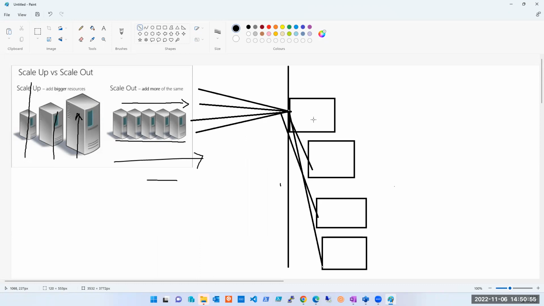Now the next question arises: how do you make sure that the data is the same on all newly created machines? How would you do that? Because it is just a newly created machine, right? Is it useful for me if it doesn't have my website? Using a golden image. Perfect. Yes, that's what we'll do.